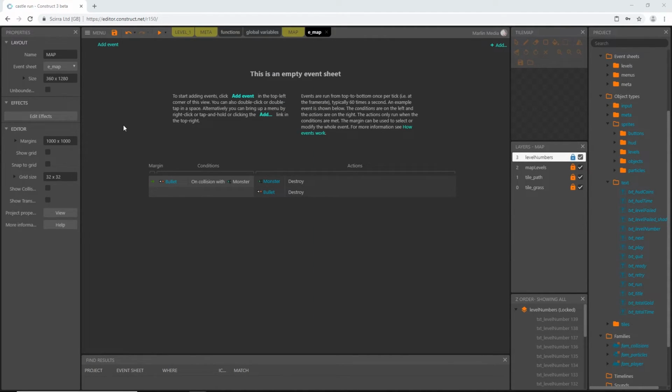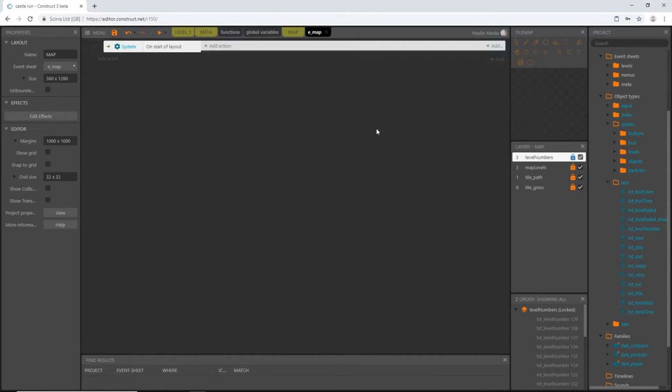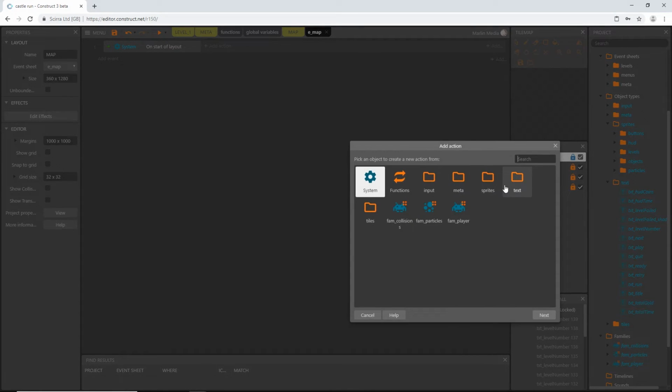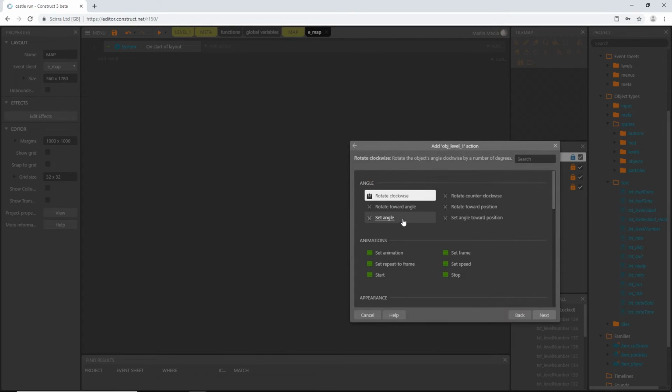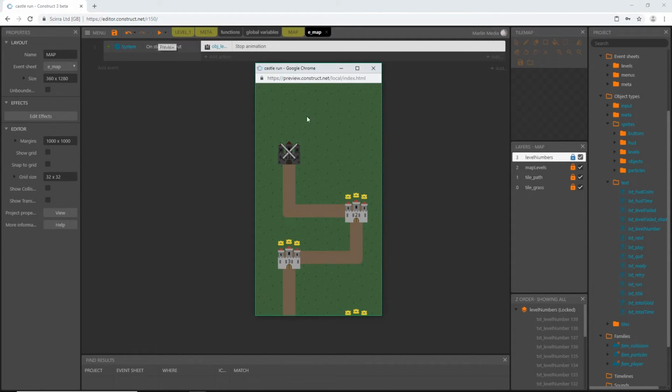To get those animations to stop playing, it's real easy. You can just say stop the animation. So if we add an event, we can say system, and on start of layout, and then we could add an action. We could go into our sprites, levels, and then we could pick obj level 1 and say stop. And then if we played it, it would stop that level 1 obj because that's the one we said to stop, but the rest of them